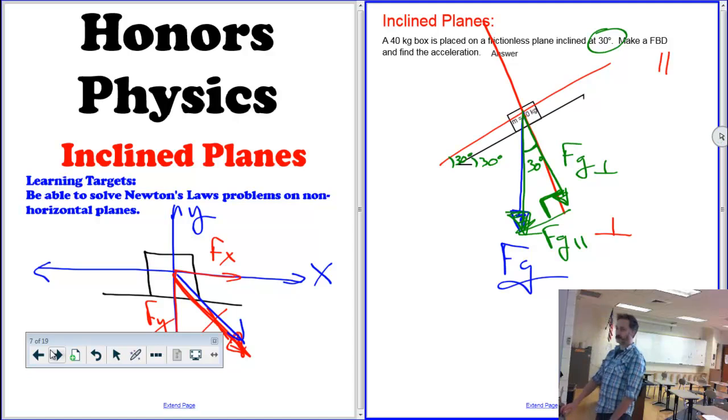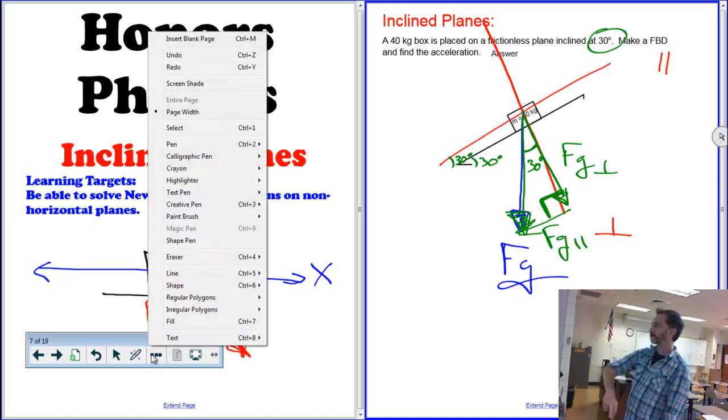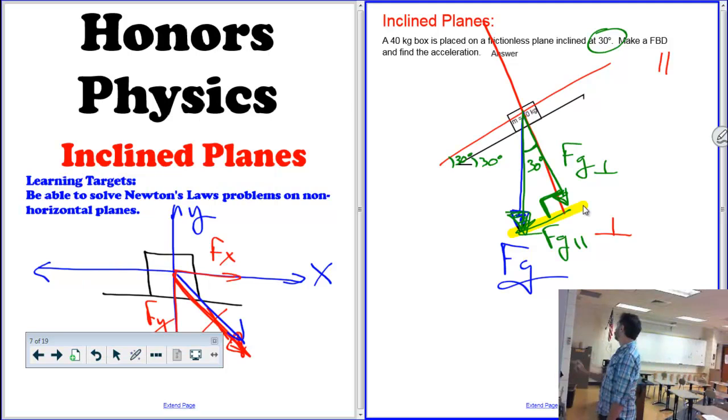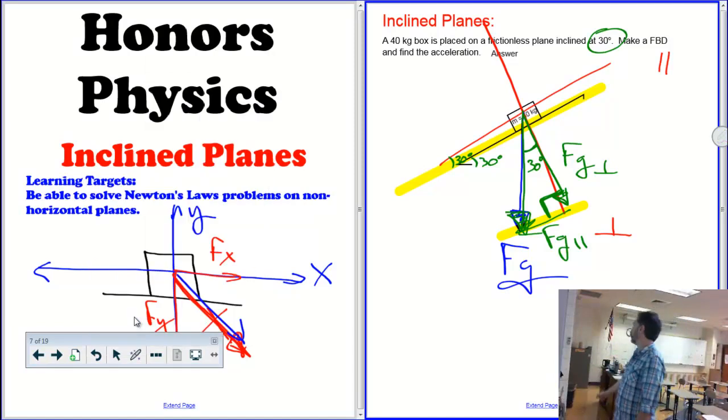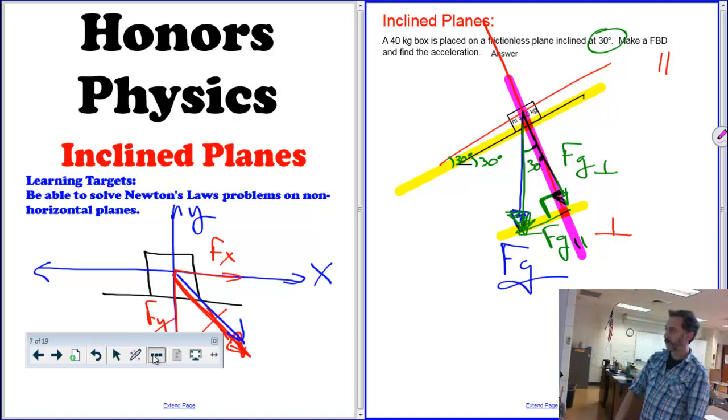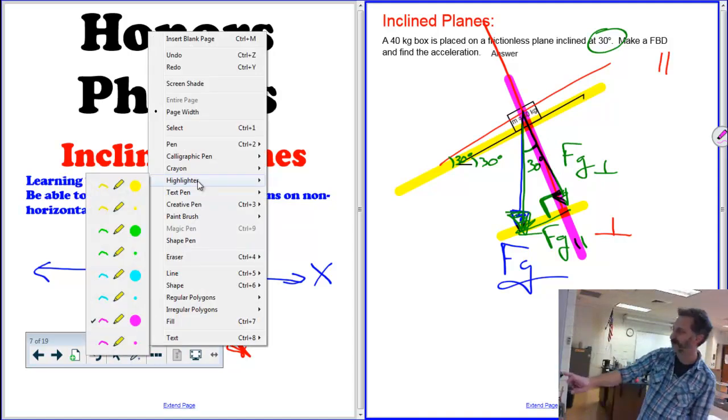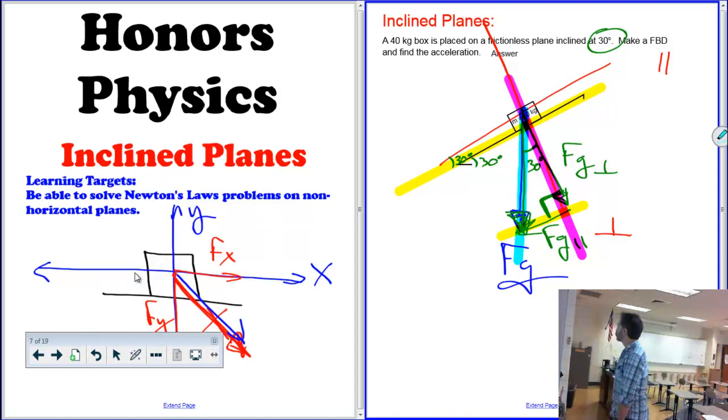Okay? So to be clear, this side here is parallel to the ramp, okay? And this side of the triangle is perpendicular to the ramp, okay? And then our hypotenuse, I guess since we're in highlighting mode, is going to be this guy, okay? So if I lost you a little bit here with the geometry, take a deep breath and go,